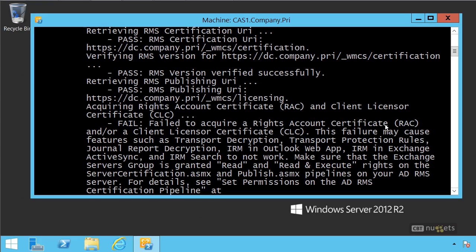And it tells you that this failure may be caused because of your decryption level. In other words, I can't get a way to decrypt this. And here's why: you don't have permissions. In other words, we're not actually done yet. It does tell you down here what to do, and a lot of admins fail to read the entire message. This failure may be caused by features such as transport decryption, transport protection rules, journal report decryption, Outlook Web App. However, it tells you to make sure that the Exchange Servers group is granted read and execute rights